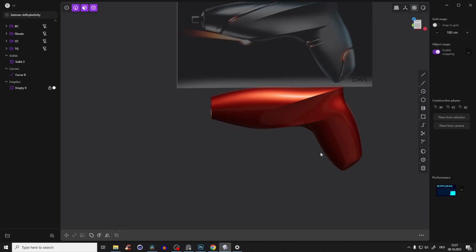In this tutorial you will learn with easy to follow steps how to create such organic and complex shapes in